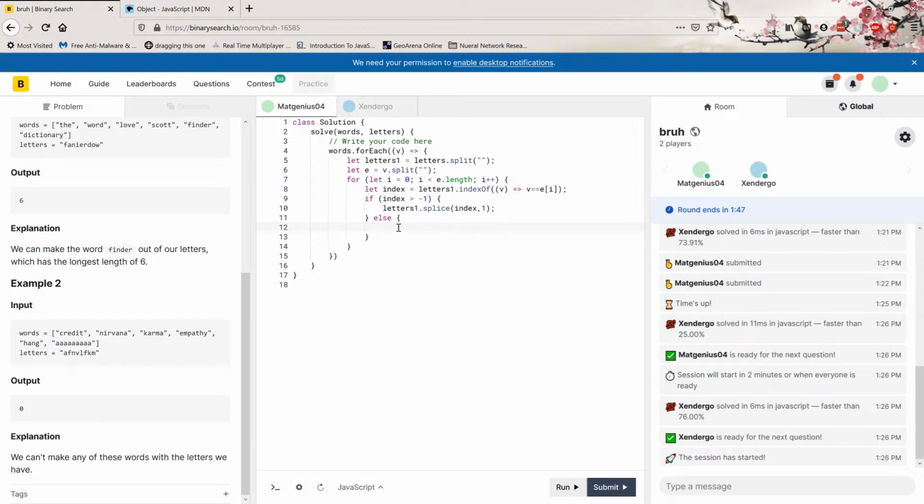Well, maybe I do. Else break, I can just get out of it because I know it's not going to match. Else break, then just move on to the next thing. But if the string actually exists, then